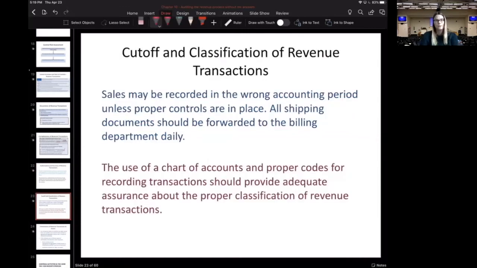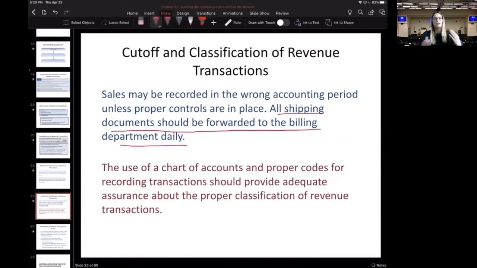So cutoff, we know cutoff is our concern that things are going to be recorded in the wrong period, right? So sales for next year recorded this year, or sales for this year recorded next year. One good control to help prevent this would be all shipping documents are forwarded to the billing department daily. Right? What this control does is ensures that items are billed, sales are recognized on the same day items are